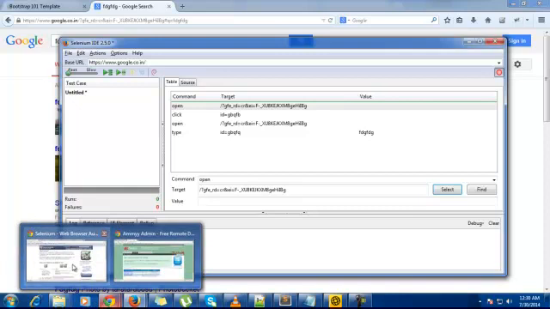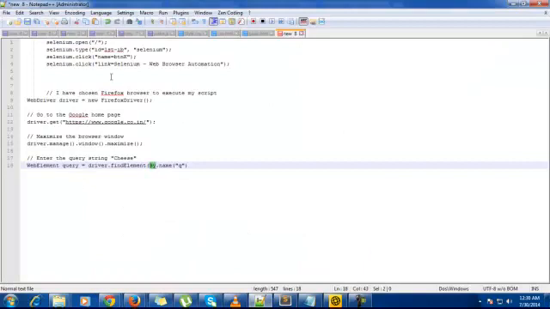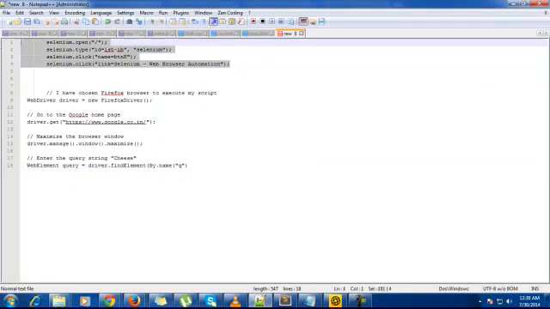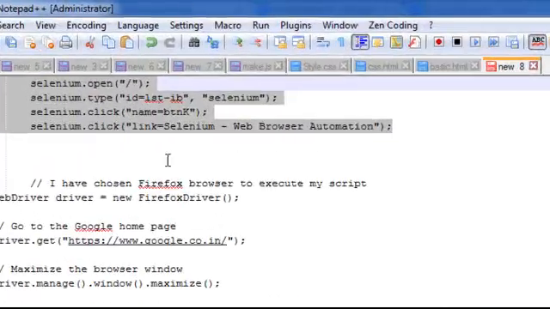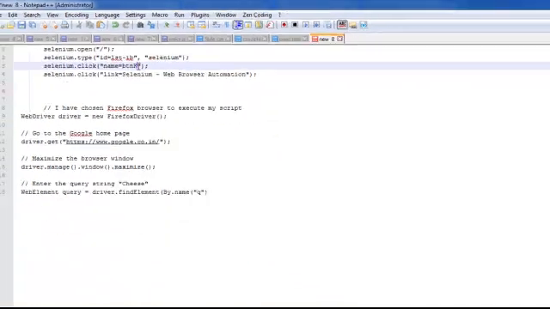Next, Selenium RC. Selenium RC is the web framework before Selenium WebDriver, or we call it the Selenium 1 version. I have a couple of scripts here. This is a Selenium RC script. Selenium.type, here you give the locator and you type the value.